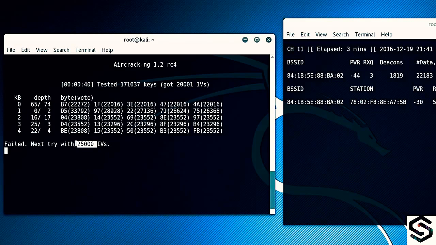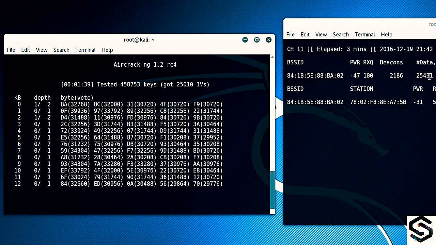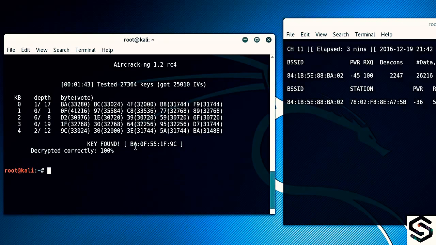If the victim has used a simple password, then that password could be cracked within 20,000 IVs, in fact under 10,000 IVs as well. But here the victim is using a hard or complex password, and that's why it is taking lots of IVs to crack that password. Okay guys, 25,000 IVs, it is trying again to crack the password, and you can see guys, we have got the password here, that is